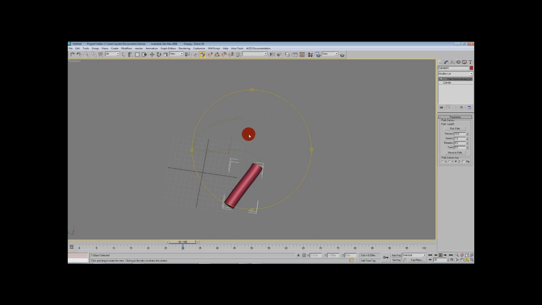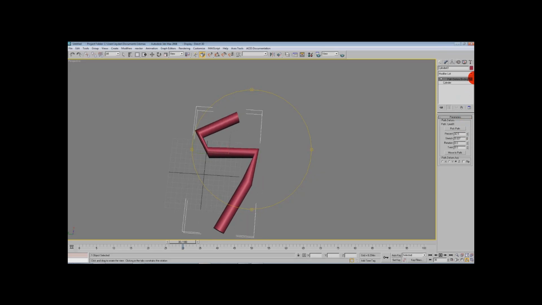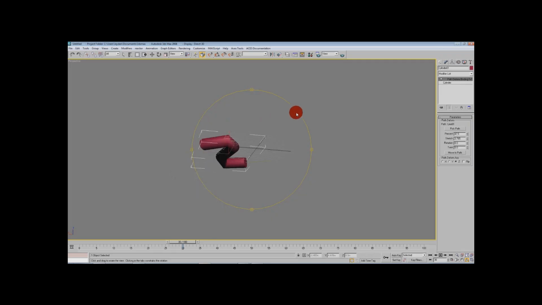Which is also another important thing to mention, that you can actually stretch your object across the path using this stretch parameter here. So I'm just going to expand that and move percentage along a bit. Continue to stretch, and yeah, you can see now that the object is stretched a bit further along the path. Now it's important to notice here that it looks like crap. The reason is